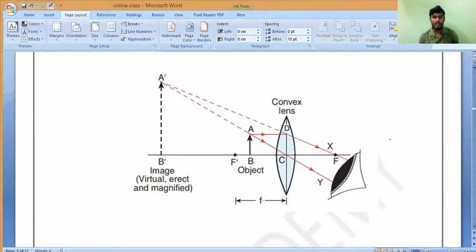And even how to draw the eye is very simple. You may notice it; I told you in the last class how to draw the eye. You can draw like this, it is also correct. And you can shade it if you want; that is also correct for the eye.